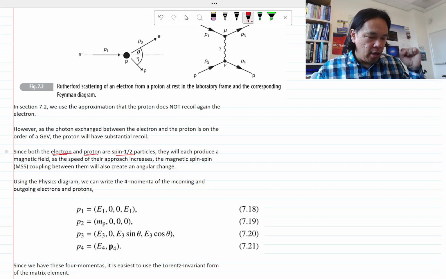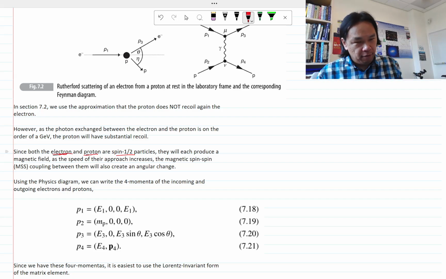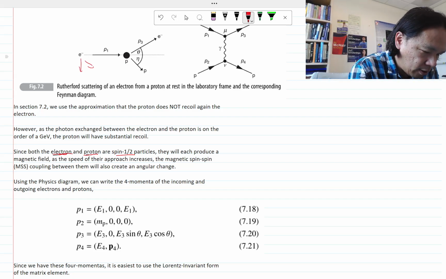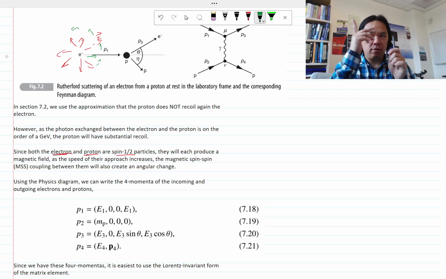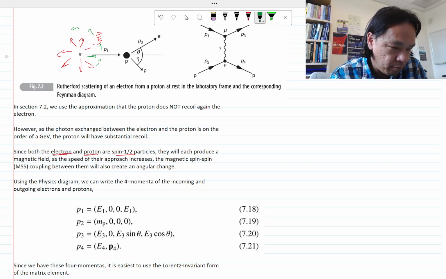when you have a changing electric field, you get a magnetic field. If you have a changing magnetic field, you get an electric field. Since this electron is zipping along, let's say you have the electric field of this electron in every direction. Since it's moving, it's going to create a magnetic field around it. I'm not going to try to do the vector product, but the idea is you're going to have magnetic